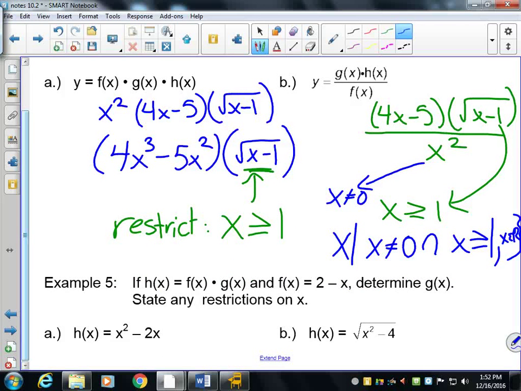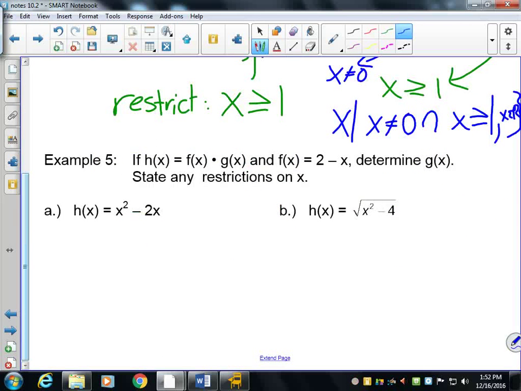So last questions, hey? H of x is equal to f of x times g of x, and f of x is equal to 2 minus x. Determine g of x. That's a little different, hey? Okay, so h of x is equal to this, but it's also equal to f of x times g of x, okay? And we know,